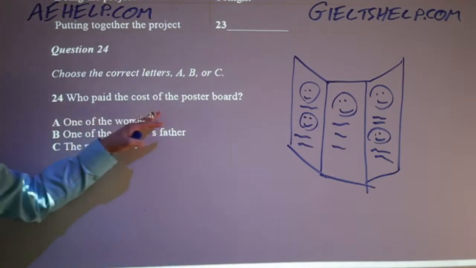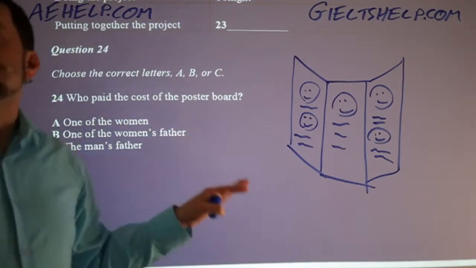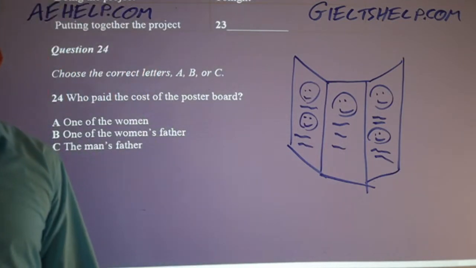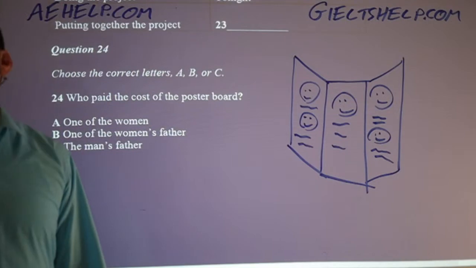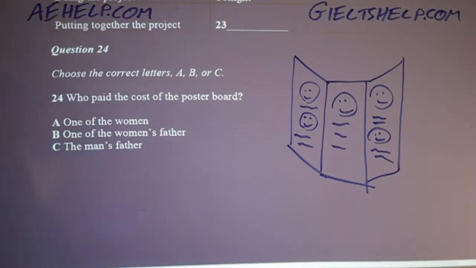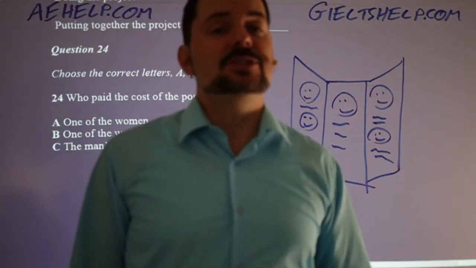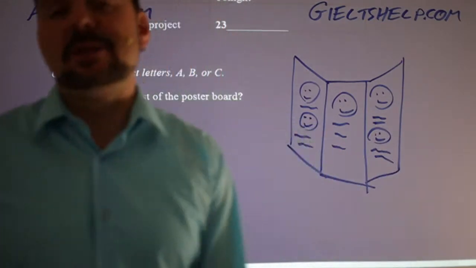Who paid for this poster board? All right, Miyen says it's B. Marjona agrees, Blueberry. Jack, William, they all think it's B, one of the woman's fathers. Yeah, she says, they said, oh, we'll each give you £1. And she says, oh, don't worry about it. My dad paid for it anyway.